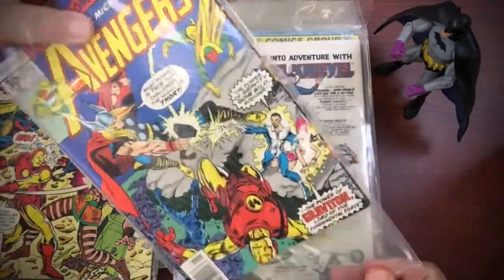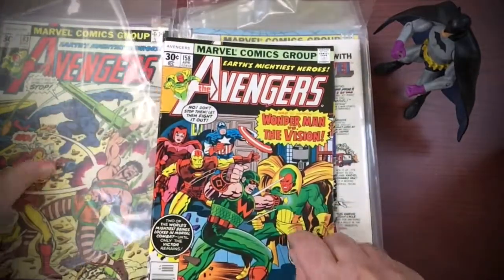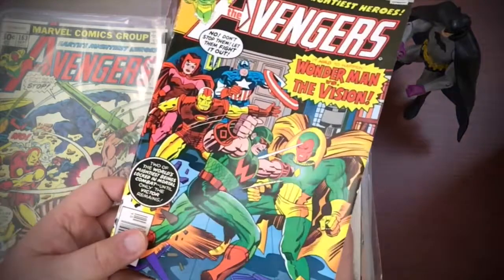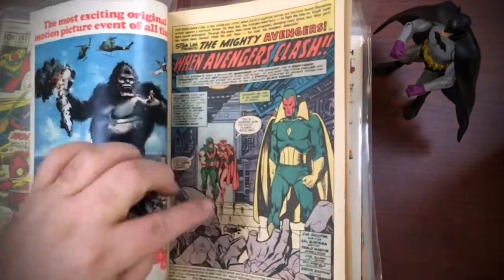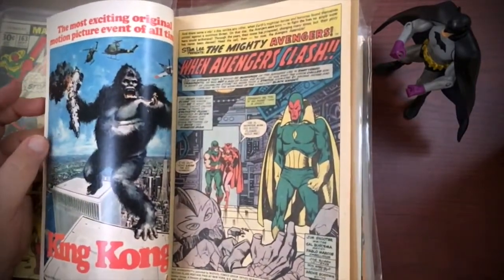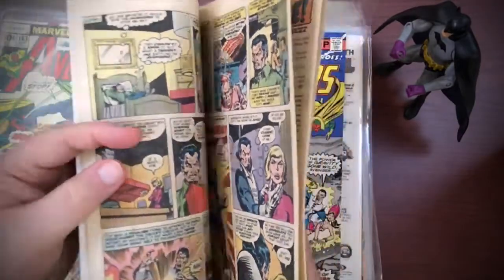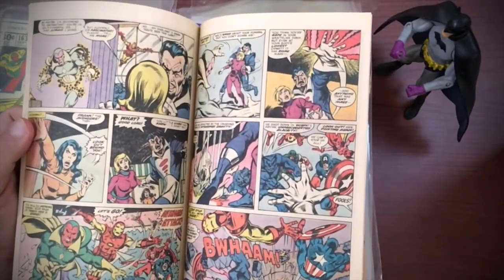So we got 159, and that's actually my first Avengers book as a kid. My very first book, Vision and Wonder Man are going at it, and I was hooked right from the start. Even though we've come in, obviously continued from the last issue, but books back then, you could read a whole issue, and it's not like it would read in 7 or 8 minutes. It would take you a good 30 minutes anyway to read a comic book, often more,